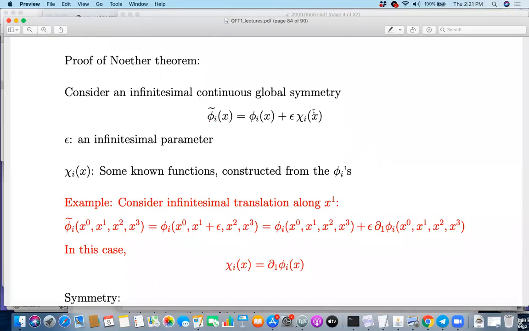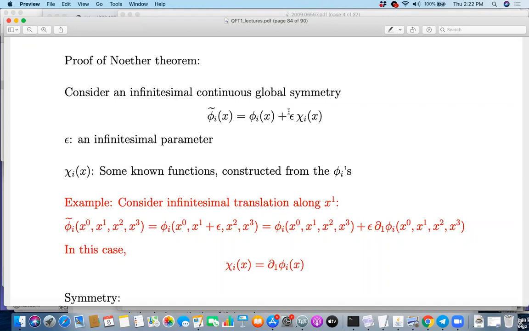No, there is a condition. The point is, we determine chi i by starting with a symmetry, right? For any given symmetry, you have to check separately whether some transformation is a symmetry or not, by checking if S of phi tilde is the same as S of phi, right? That depends on the theory. Different theories may have different symmetries. But now what I'm saying is that assume that this is a symmetry. If the theory has no symmetry, it will have no conserved charge. Okay, at least no Noether charge.